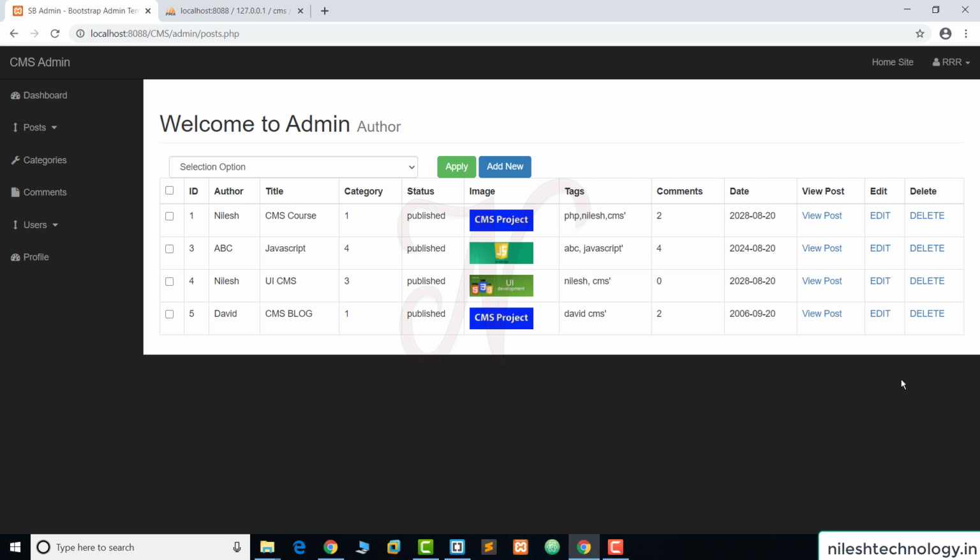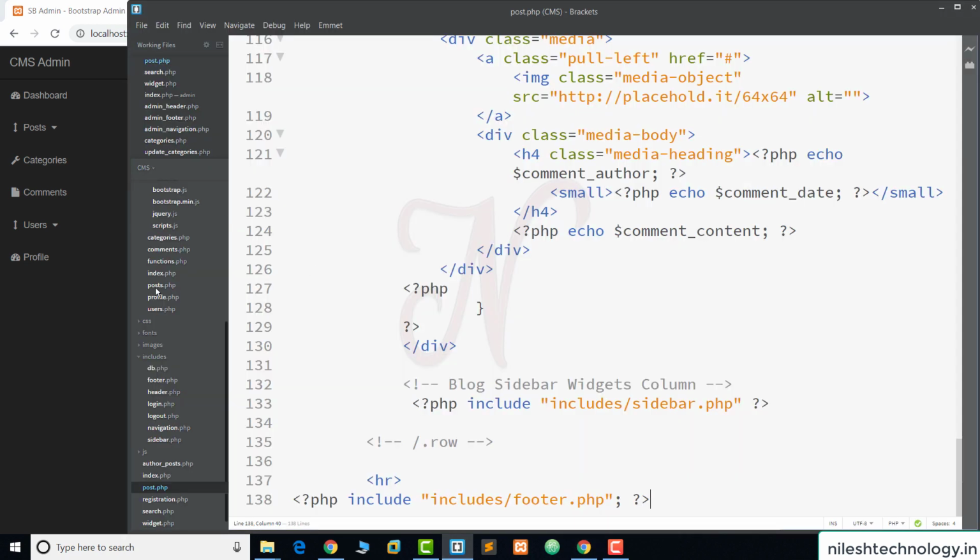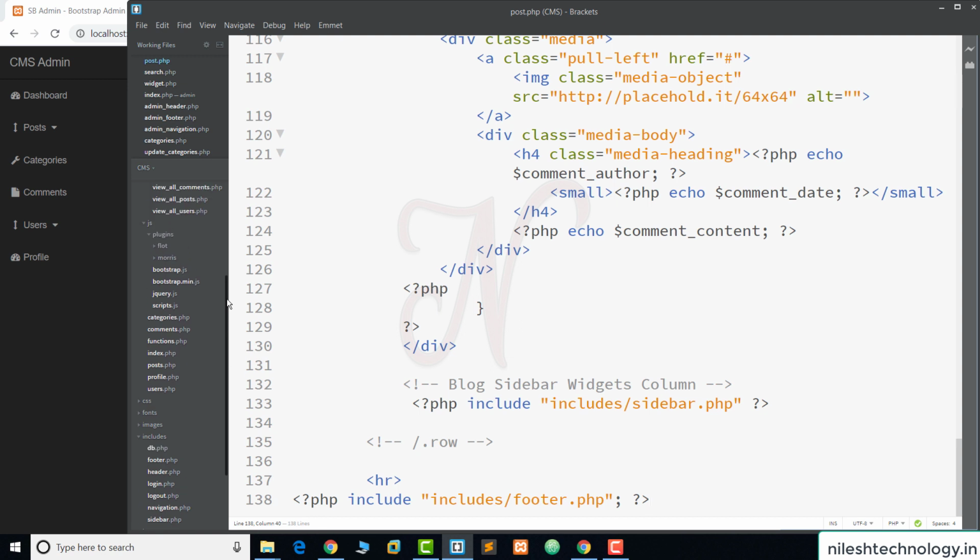When we delete any item, we do a confirmation box before deletion of any record. We need to show a box that asks, are you sure to delete this post? Yes or no. When we click on cancel, the post isn't deleted. But if you click on OK, then it gets deleted from our database. We do this using JavaScript code. So we open the view all post PHP file in the admin section.